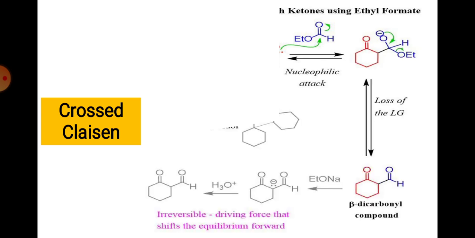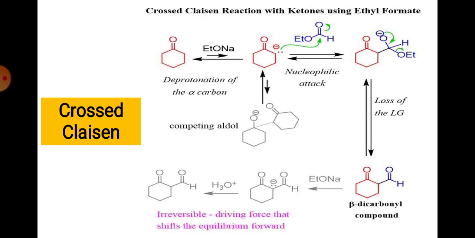Now we have crossed Claisen. So many examples are there. Cross means we have two different molecules. One is cyclohexanone, plus we have formate. They react together and you get the product. In the same way, one molecule acts as a nucleophile, that is, abstraction of a proton and formation of a negative charge, then that negative charge is added to the second equivalent of the molecule. In an ester, the OR group is a better leaving group in the same molecule, and that's why it undergoes loss of the leaving group. The first step is addition of the nucleophile, the second step is loss of the leaving group. That's why the combined step is called addition elimination, and finally you get a beta keto ester.